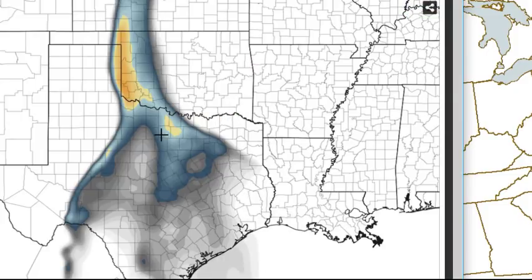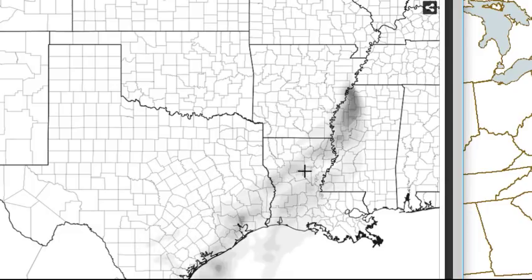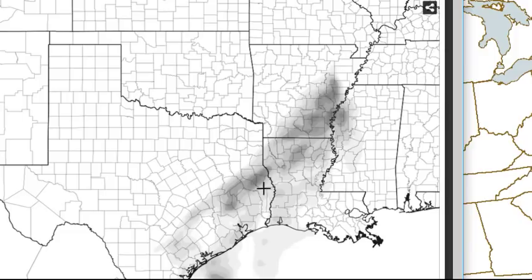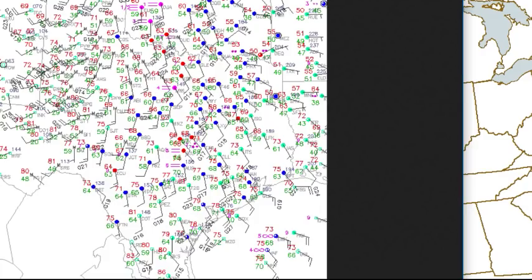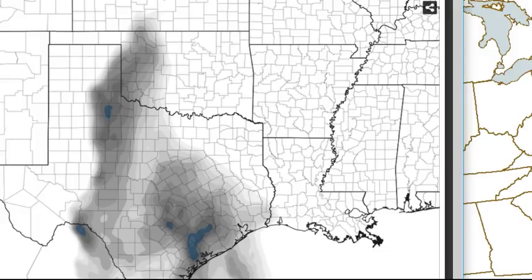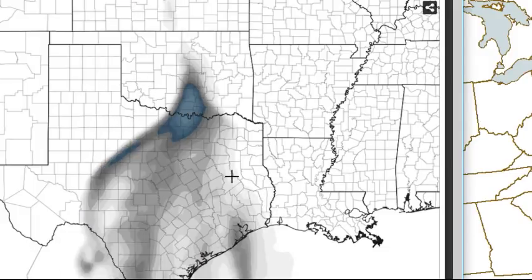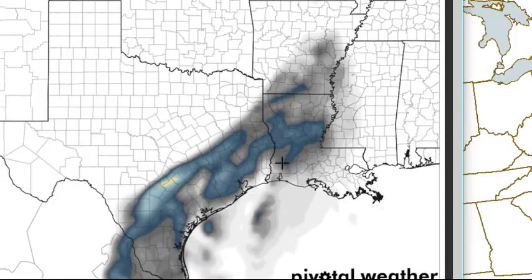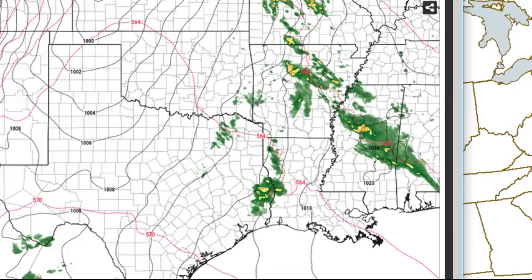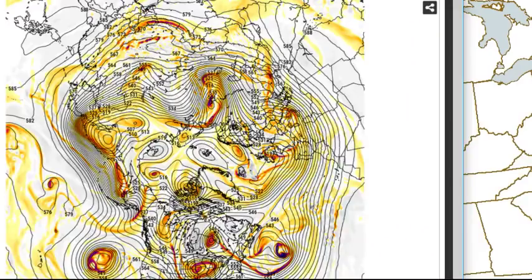And here's a look at the significant tornado parameter. Looks to be kind of on the weak side there tomorrow. So yeah, looks kind of marginal for tomorrow there. And yeah, I'll give you your mixed layer CAPE for tomorrow. Those values are about 1,000, so that's enough to get thunderstorms going, but not much more than that. Okay, let's move on and check out the